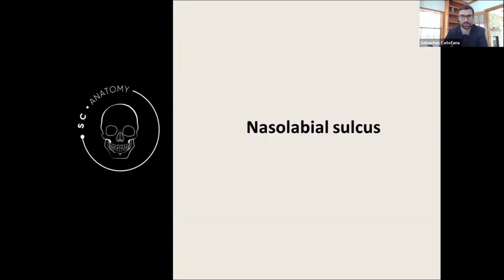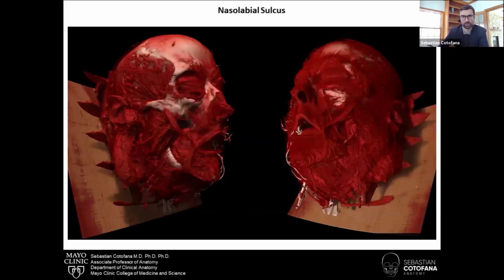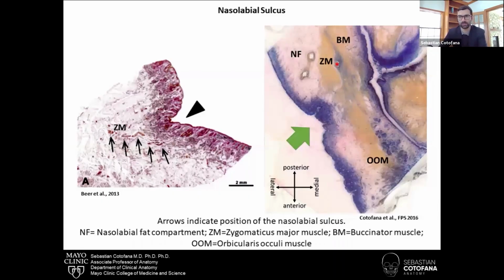The second exception is the nasolabial sulcus. We talked previously about skin, subcutaneous fat, muscle, deep fat, and then the deep fascia, the parallel layers of the face. At the nasolabial sulcus, this is different. At the nasolabial sulcus, the muscles of facial expression insert into the skin. Originally, the muscles of facial expression come from the bone. As you can see here, muscles of facial expression are really deep three-dimensional structures. And histological analyses have shown that the muscles insert into the skin,